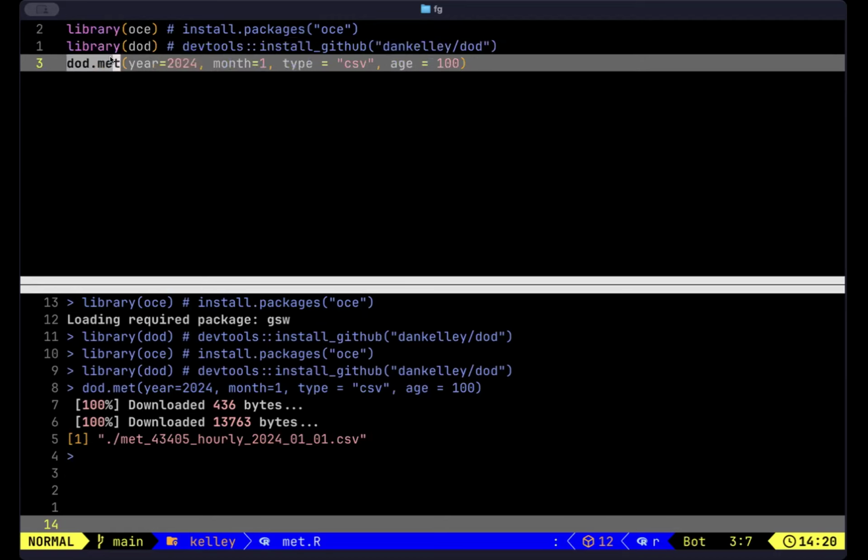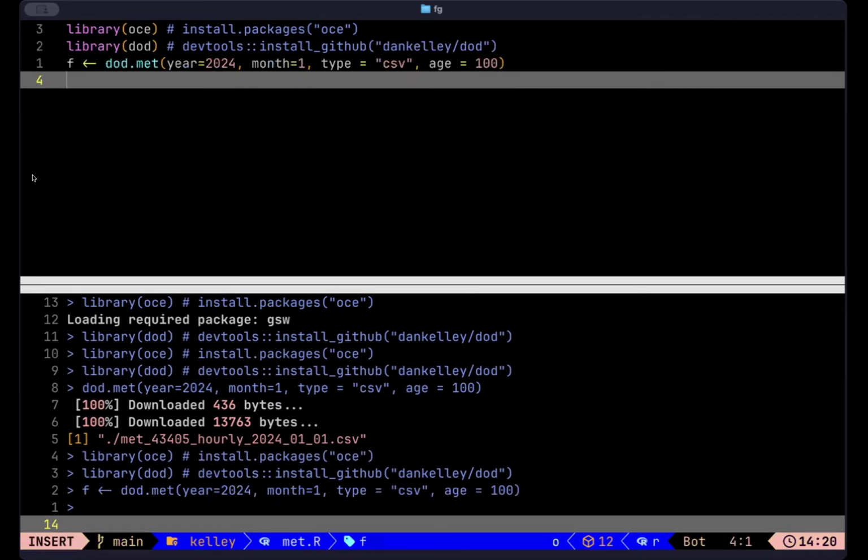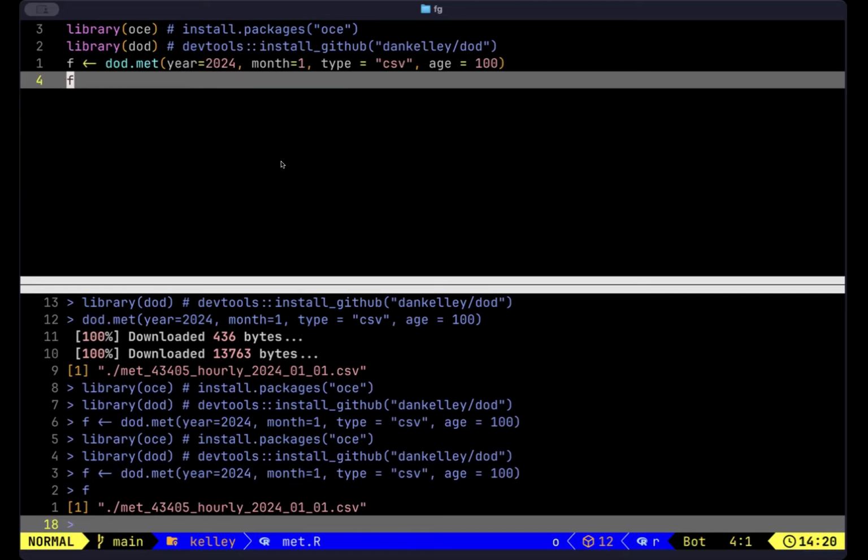So download.met returns the name of a file where it saved it. So I'm going to assign that to maybe F, and run it again. So that goes away, and then run it again and you see that. So that's good. Now what we're going to do is maybe I'll save the data and I'll say,